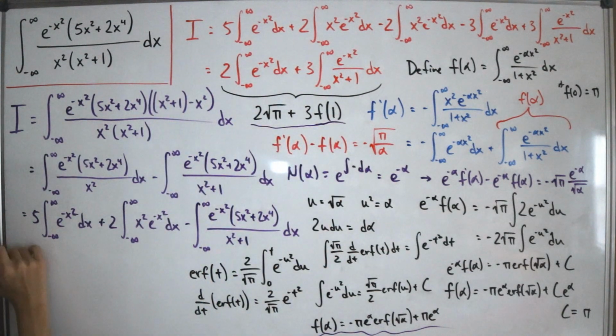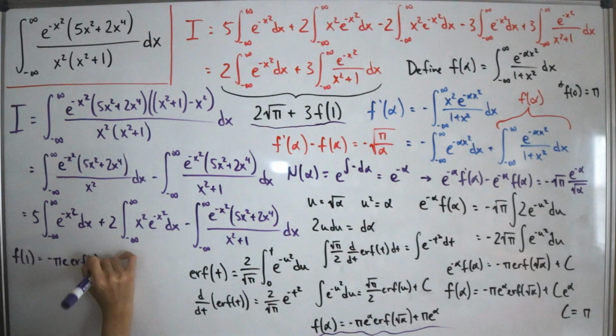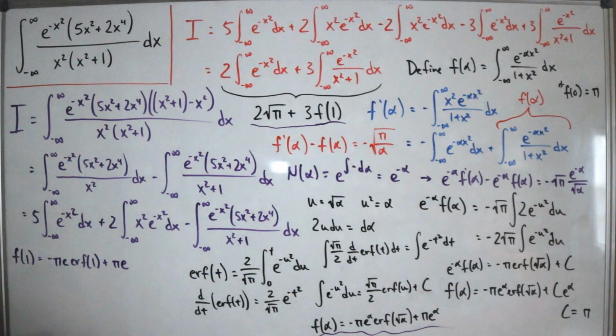So if I plug in f of 1 back into here, if I just substitute 1 for alpha, I have that f of 1 is going to equal negative pi times e, then multiply with the error function at 1, and then add this with pi times e. Interestingly, I can factor out a pi times e. So pi e, then multiply with, now it's just 1, and then subtract the error function of 1. And what's nice is that this is actually a nice identity. Well, if I just substitute the 1 for a variable, by definition of the complementary error function, I have that